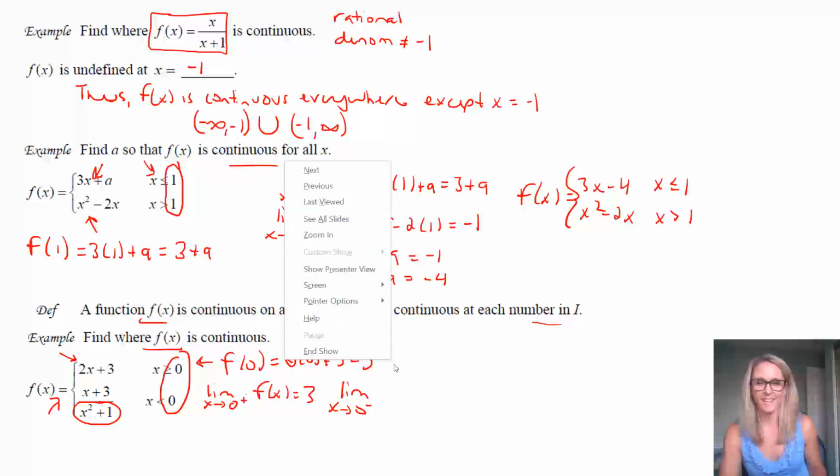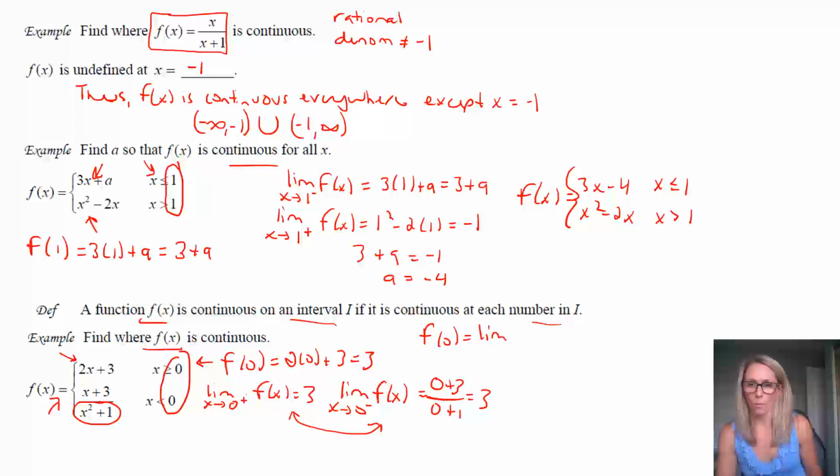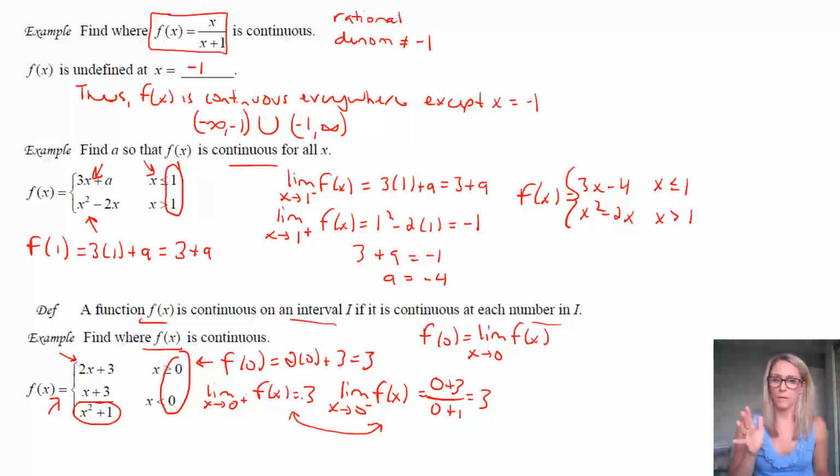Then what we see is, surprise, surprise, maybe, that when we come in from the other side of this function, if we plug in 0, we get 0 plus 3 over 0 plus 1. Well, hey, that's 3. So what we actually find is that since each side is equal, we have a limit that exists and equals 3, plus it equals the function value f of 0. So we have all of our conditions met. Everything is good to go here. I'm just going to do that condition number 3. Everything is good. So we didn't have to do anything and we are fine.